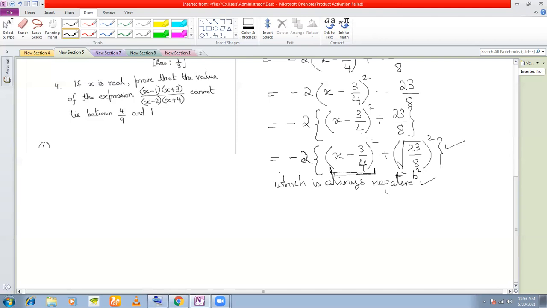right? Otherwise, for all values of this, whatever negative or positive value of this part that you take, this expression will always be negative, the lowest, isn't it? Suppose if I take x minus 3 by 4 is equal to say minus 1, then this will be minus 1 square plus root 23 by 8 square, isn't it? If I take this as minus 2, it will be minus 2 square. If I take x minus 3 by 4 is equal to minus 2, this will be this, right? So the value will keep on increasing, and these are all with a negative sign,